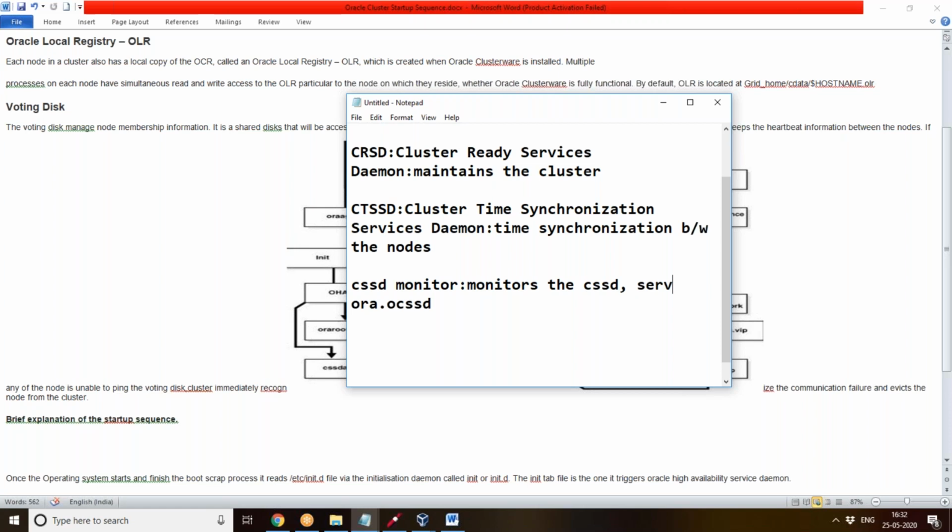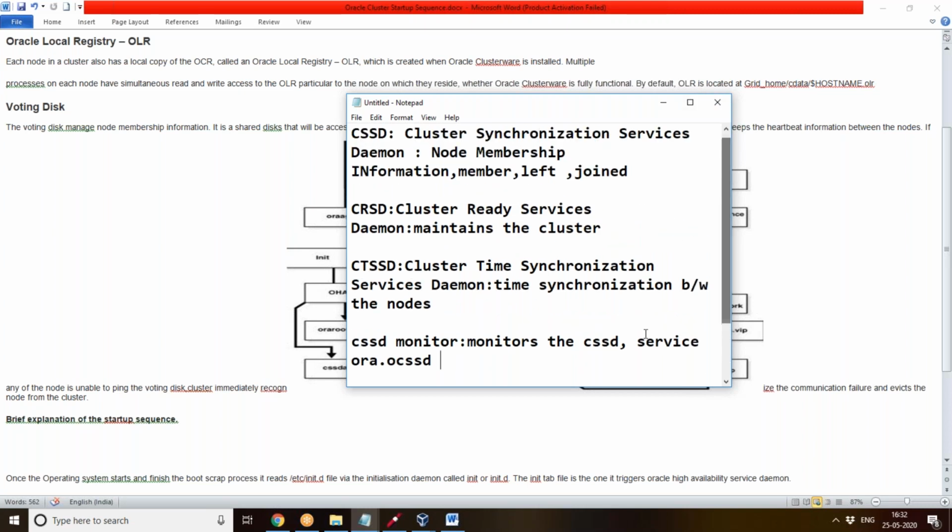The service it offers is ora.cssd, which is given by the CSSD only. So the CSSD monitor checks that service which is present in the CSSD.